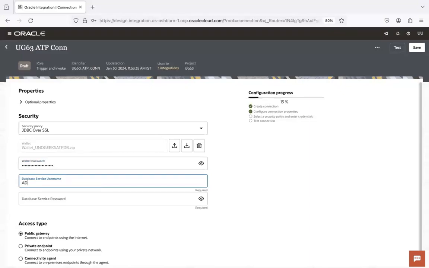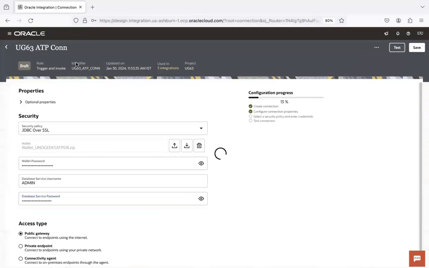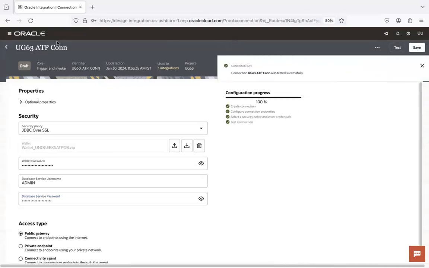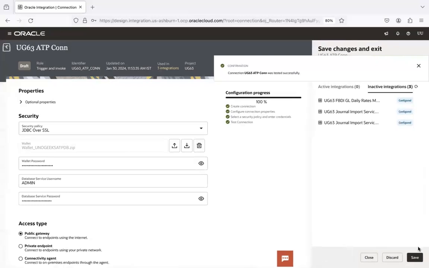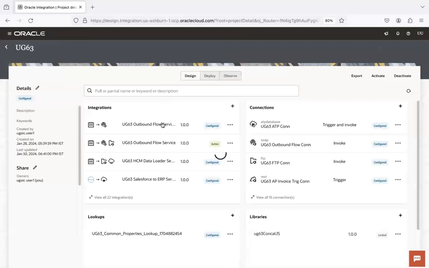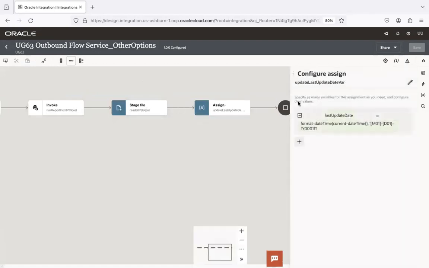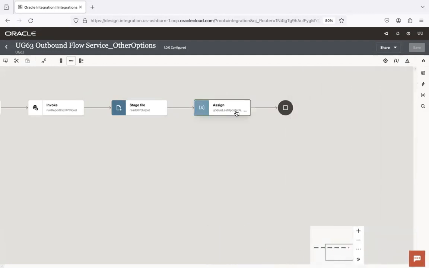Enter the valid password. Admin username and the admin password. So after you run a BIP report, whatever base64 output you got, you converted it to a file reference and you did the stage file read operation here. So once you do a stage file read operation, what would happen, guys? The entire BIP report output would be available in the mapper, in the output of this, and you can send it to any